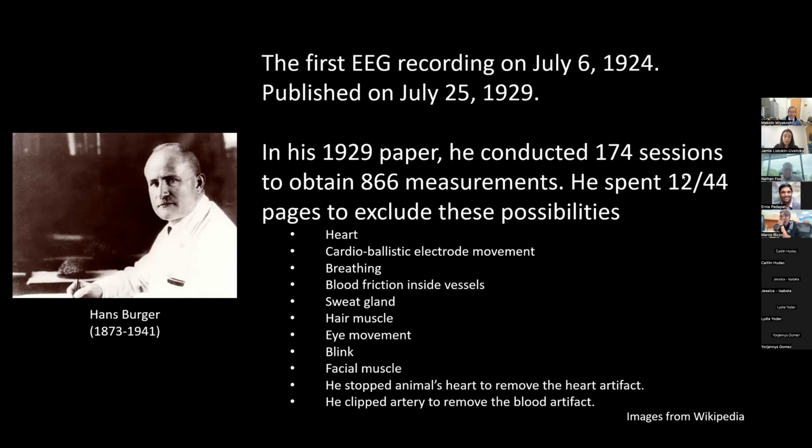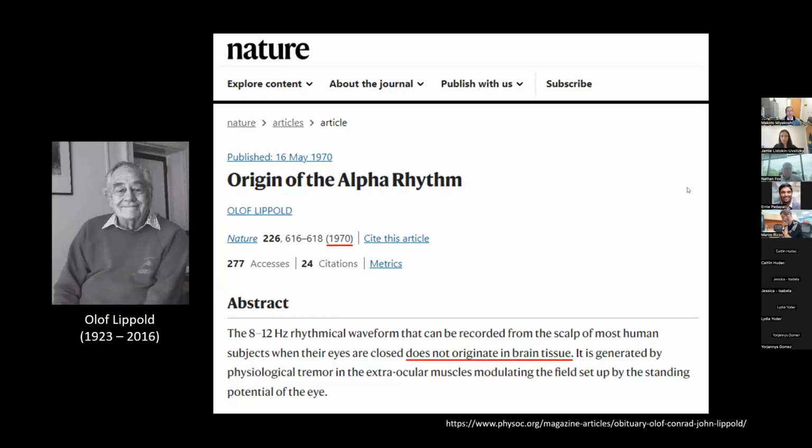So in his first paper, spending more than 20% of the volume, he argued the various types of artifacts, which is listed here. And this concern is still valid for today's EEG research. And the persistent skepticism about the brain origin of the EEG continued longer than we usually think. This is a 1970 paper, which is almost 40 years after Berger's first publication about the finding of the non-invasive scalp EEG. This professor from UC London, I think,